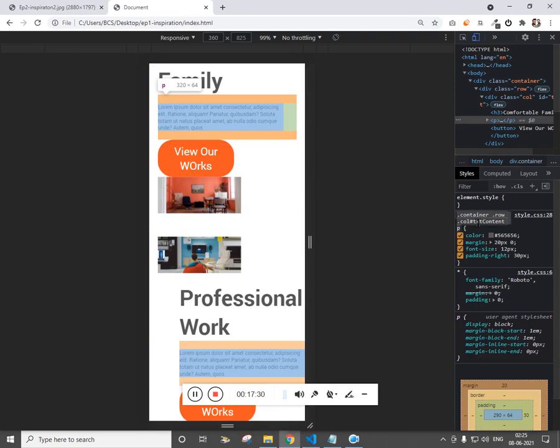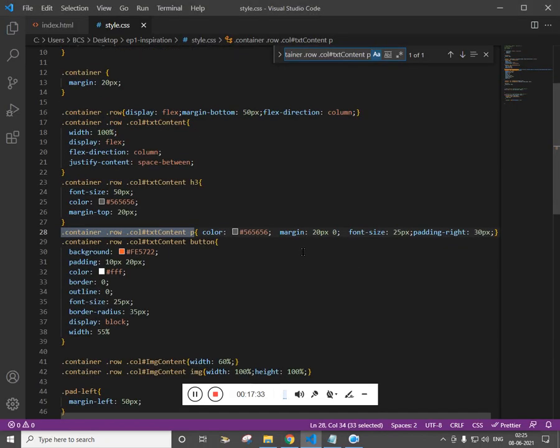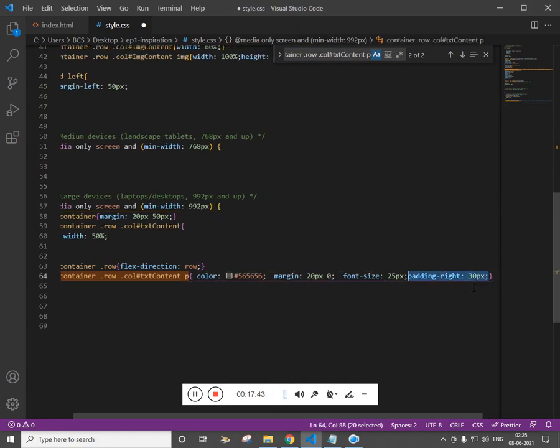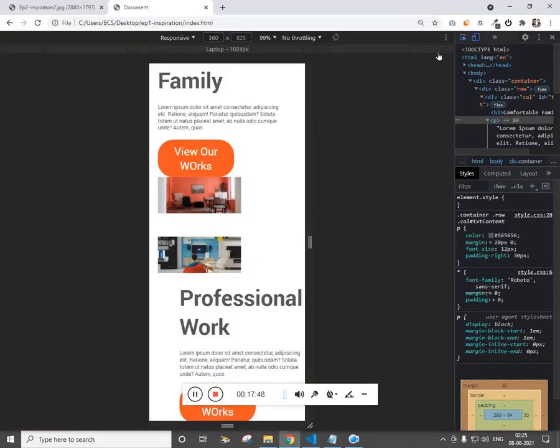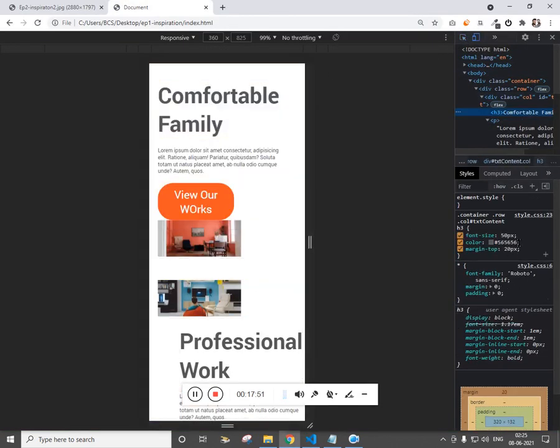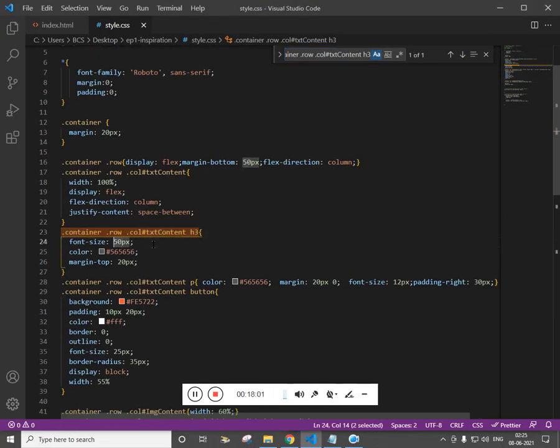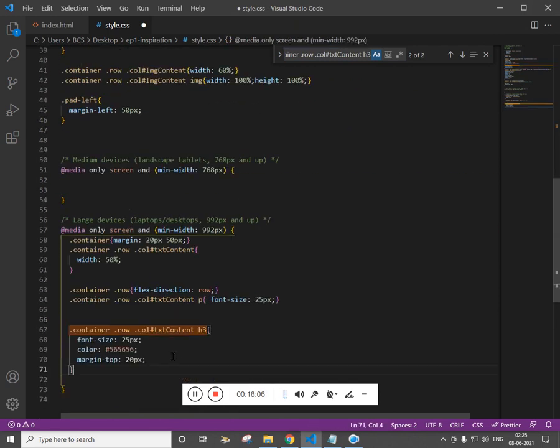Font size 12. Let me make this 12, but for desktop it is going to be the same. And then for the heading 12, let me make this 25. Copy the whole section. We want 25, but for desktop it should be 50.